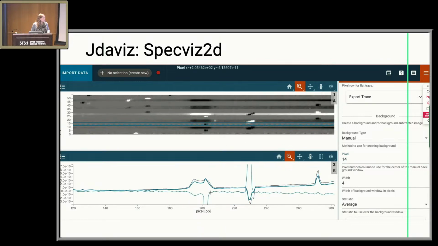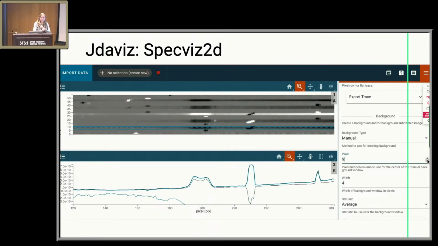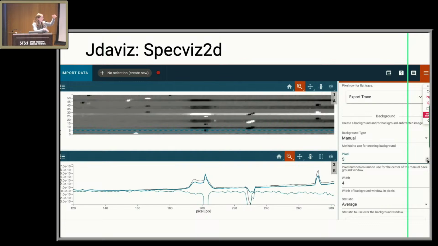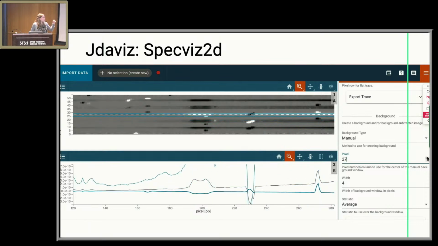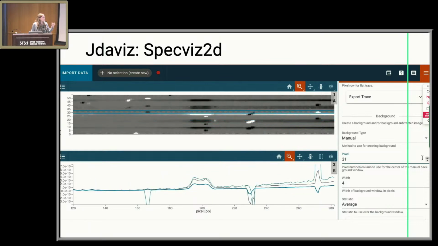So that is in one of the dithered images, but it's not in the one above. So there's 2 dithers, and when you subtract them and add them back together, you get 5. But essentially, by using this tool to go through, it immediately gives me a spectral extraction, that's very